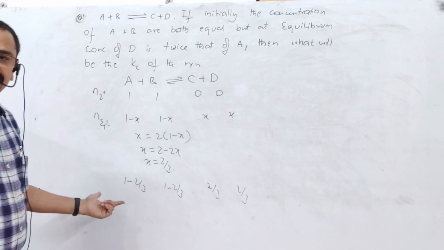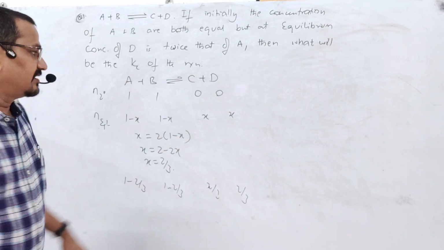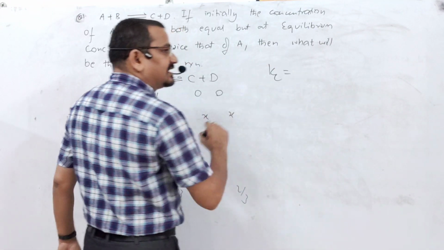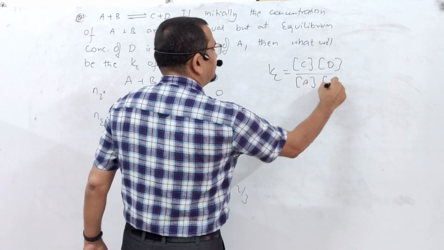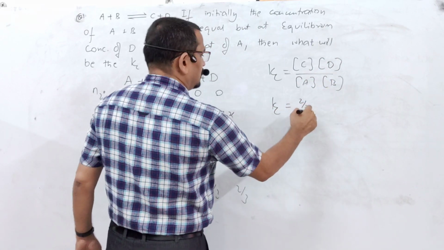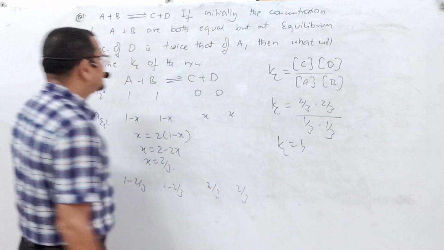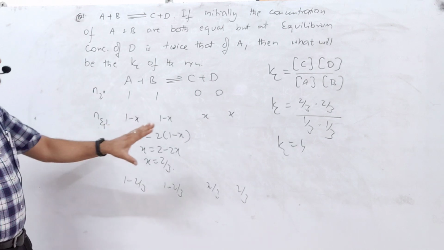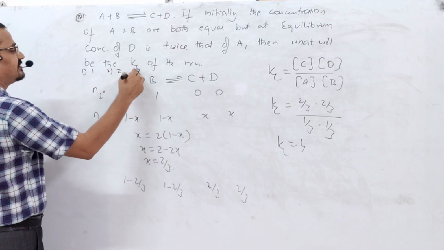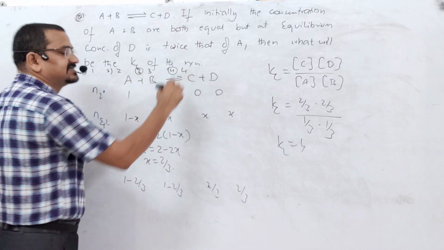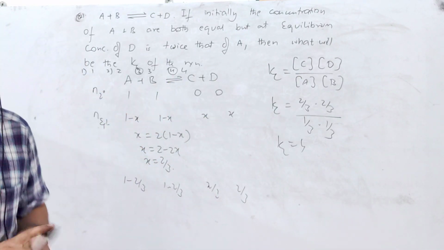Now we got the equilibrium concentrations of A, B, C and D. Then Kc can be calculated as equilibrium concentration of C into D by A into B, that is Kc equals 2 by 3 into 2 by 3 by 1 by 3 into 1 by 3, it is 4. Kc is equal to 4. So this is the value. Suppose the first option is given as 1, second option as 2, third option as 3 and fourth option as 4. Then what's the answer? Kc value is 4. This is the present numerical. Let us discuss